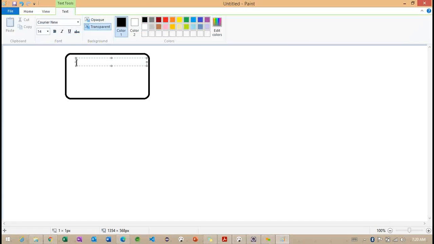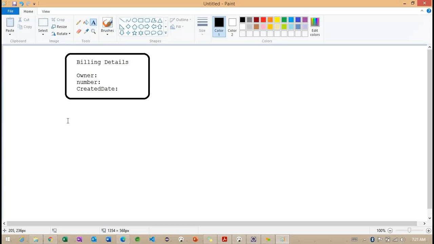So this is the billing details. Inside this billing details, we need to provide the owner as one property, and later some number, so what is the billing number? And here the created date. Created date. Getting the point?